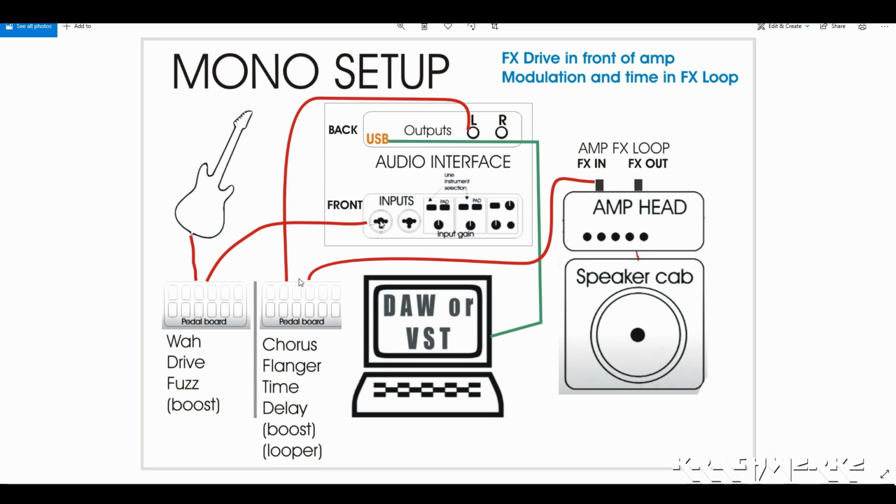The next one is the way I set it up here. Your pedal board's usually split between two anyway. You've got your drive section, and then you've got all your time-based and modulation effects separately. Some people would put those into the effects loop anyway, or between the drive and the amp front. So in this case, I have my pedal board, my drive, which went straight into the input. The interface then did all the amp, preamp